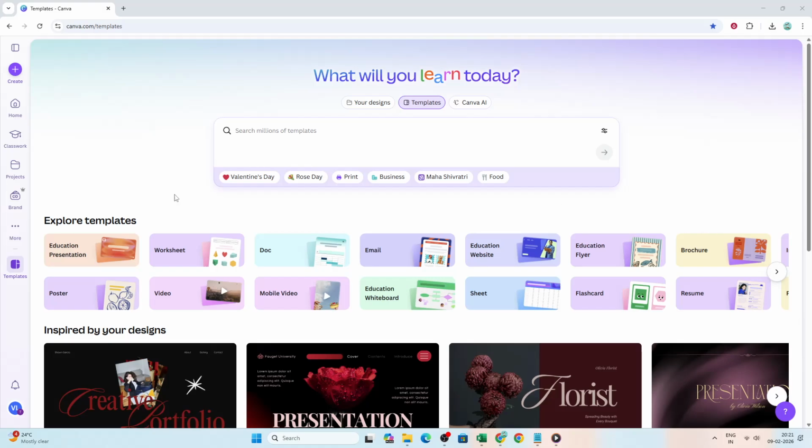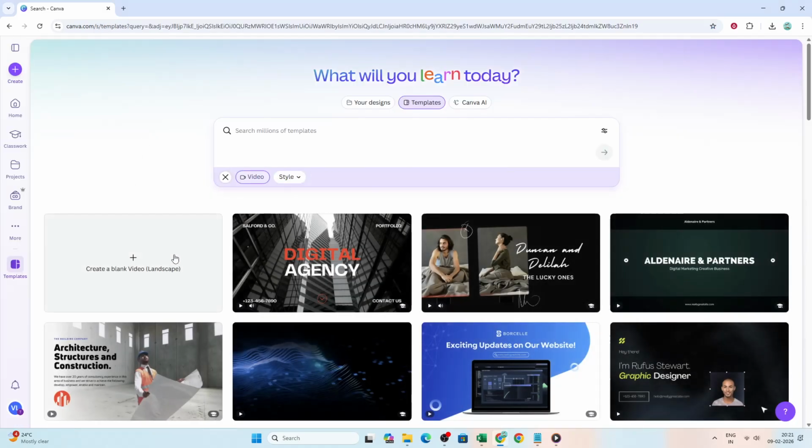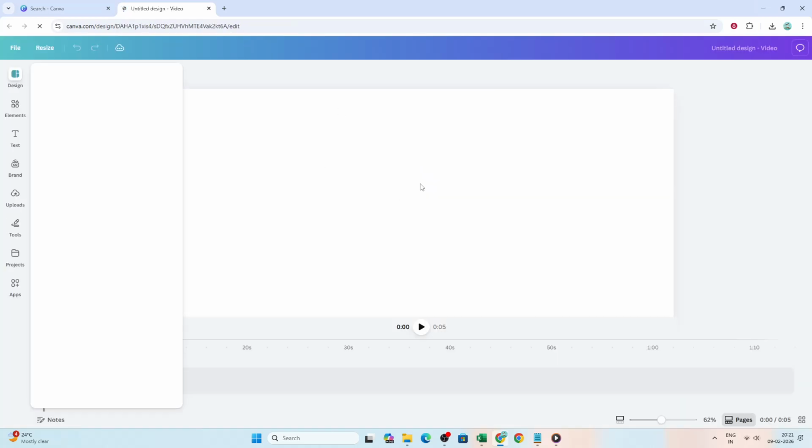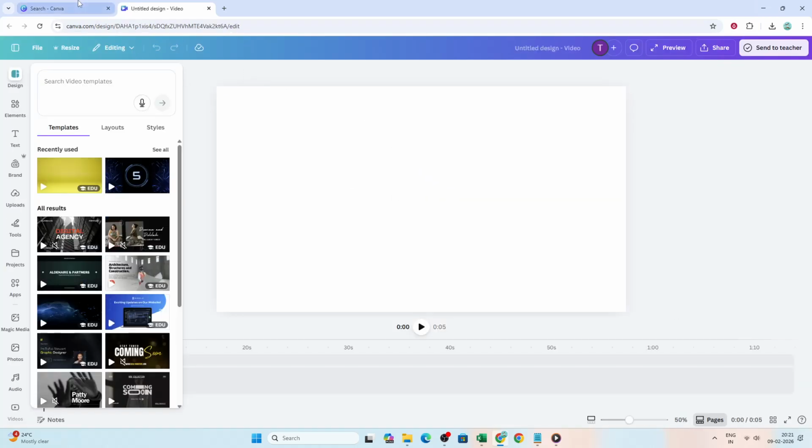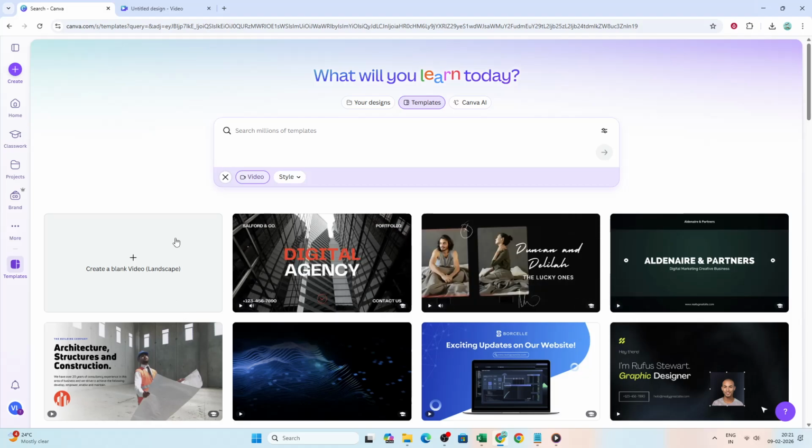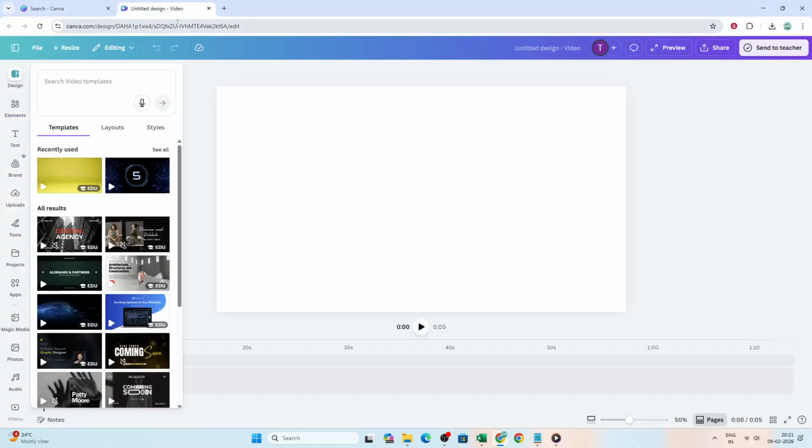Start by opening Canva. From the home screen, click the video icon and choose the format that fits your destination, like a YouTube video or an Instagram reel. This sets the right size and orientation for your project and opens a blank canvas, so you can start building